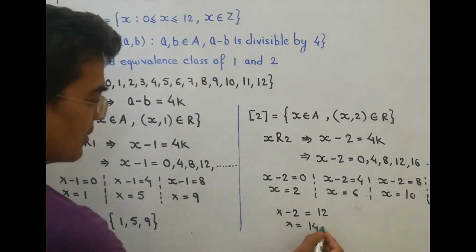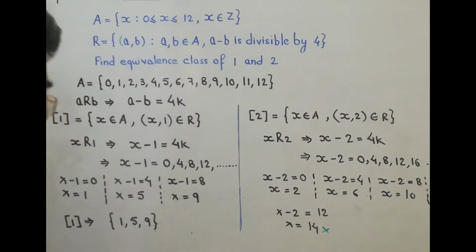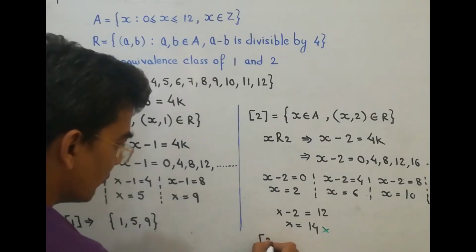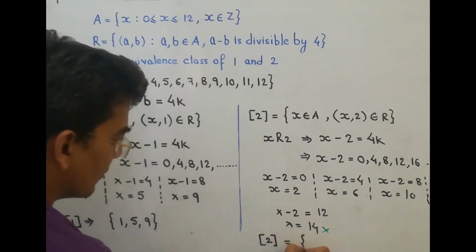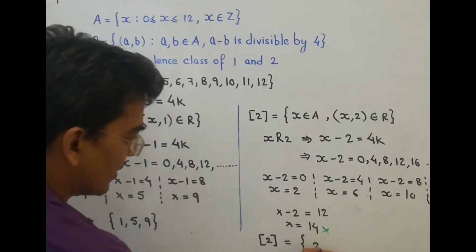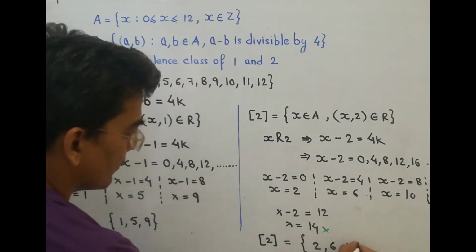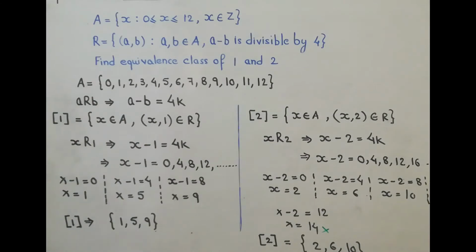This won't be considered. So what will be the equivalence class for 2? The values of x satisfying it. This is how we will be finding the equivalence class for the numbers when the relation given to us is in set builder form. So you can pause and note it down. And now we will be trying the questions to prove the relation to be an equivalence relation and then to find certain things. So note it down.